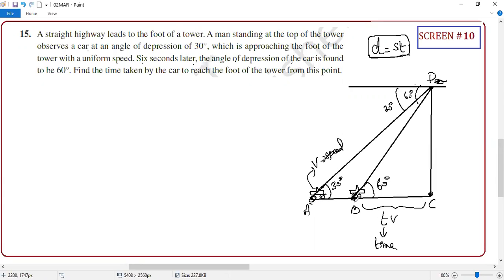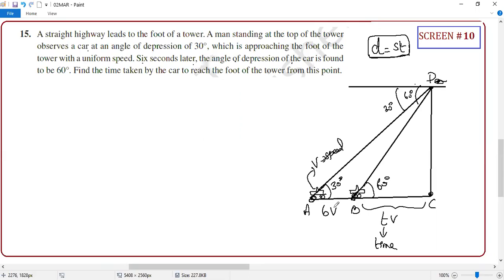Now coming to this one, AB. Can anyone tell me what is the distance here? Are they giving the distance? No, they are giving 6 seconds, which means from here to here it travels and it took 6 seconds. And what is the speed? They said uniform speed. The moment you declare this is a speed, the same V will be applied. Why am I putting AB as 6V?